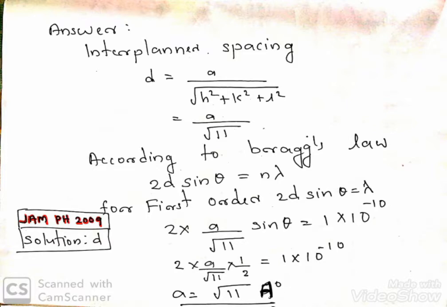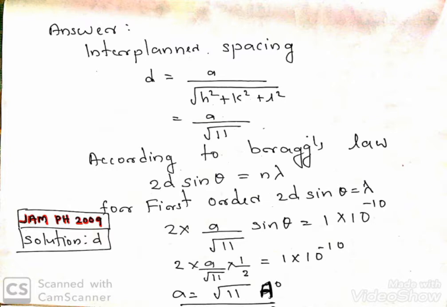Answer: the interplanar spacing d equals a divided by the root of h squared plus k squared plus l squared, which equals a divided by root 11. According to Bragg's law, 2d sin theta equals n lambda. For first order, 2d sin theta equals lambda, equal to 2 into a by root